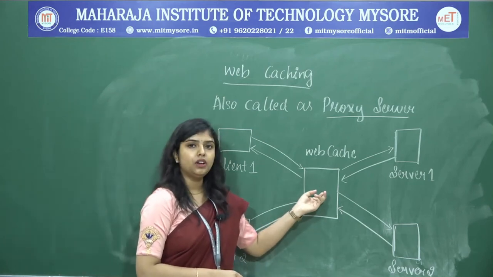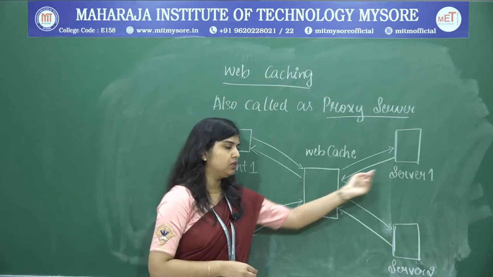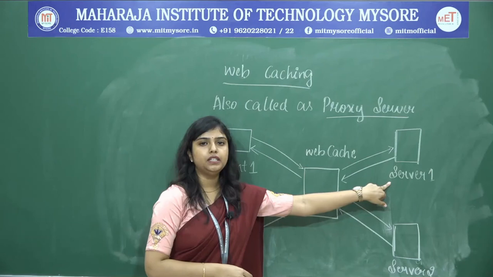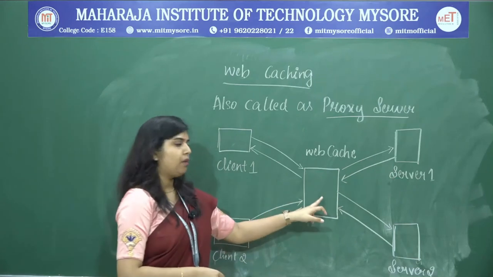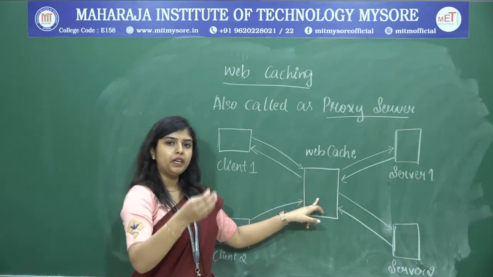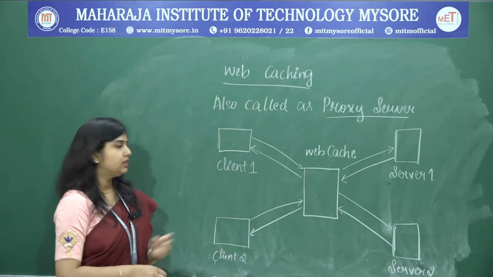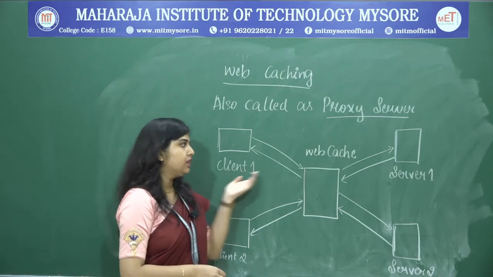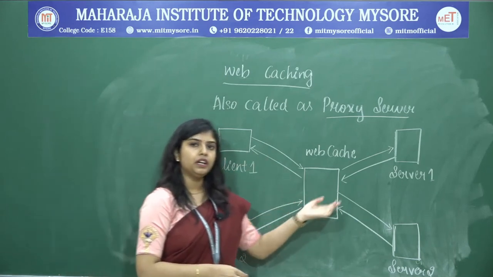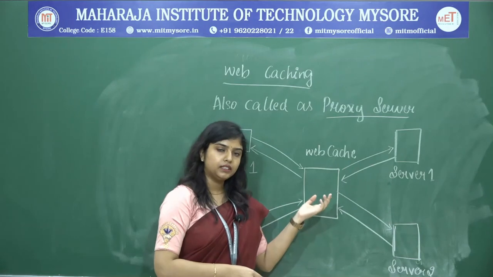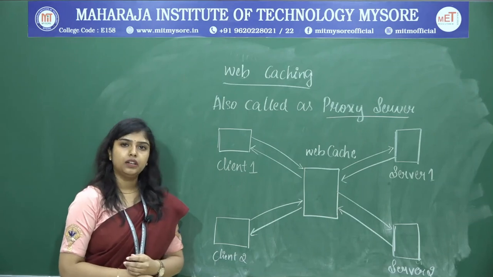And if the requested object is not present in the web cache, then it will send the request to the server where that object is residing, and the server will search through its database and respond back. The web cache copies that object into its storage and then responds back to the client. That means whatever the client requests, first it goes to the cache. If the object is present, it will respond. If it is not present, it will send the request to the server, and after the server has sent the object, the cache will store a copy of it and then send it back to the client.